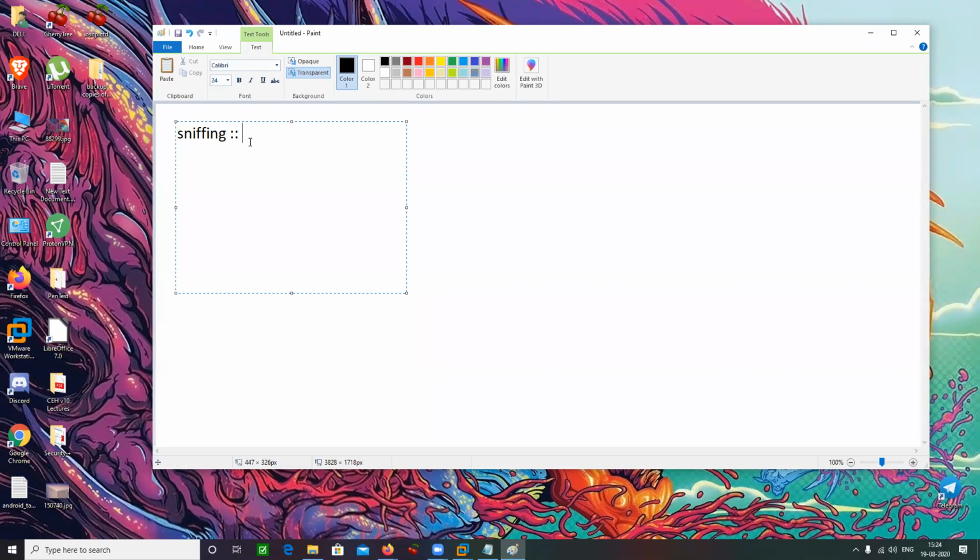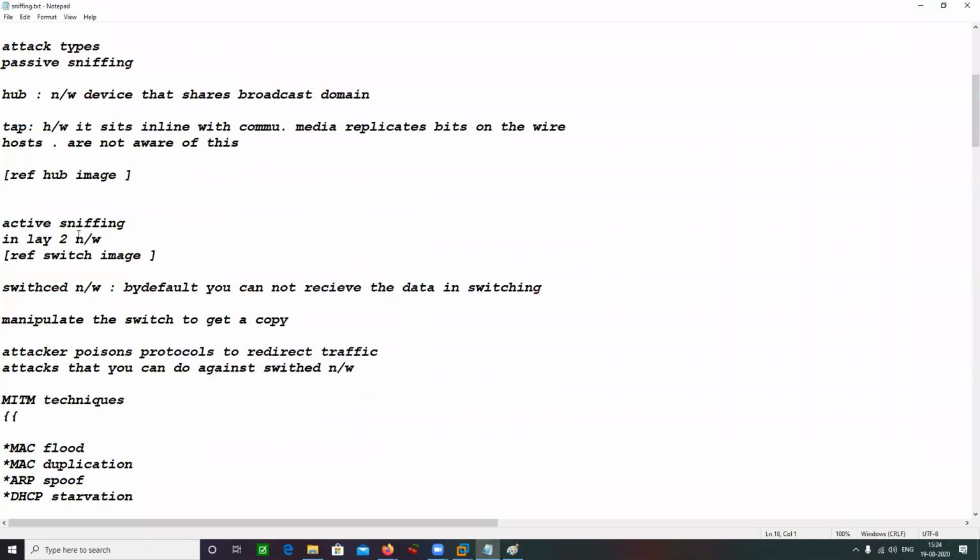We talked a little bit about sniffing in our previous session. So let's talk about two types of sniffing. We have one as active sniffing and another one as passive sniffing.